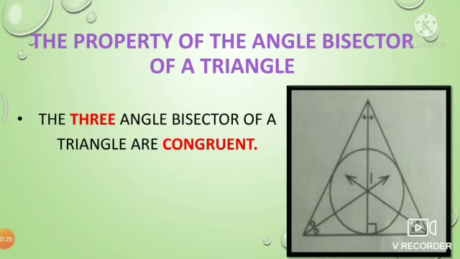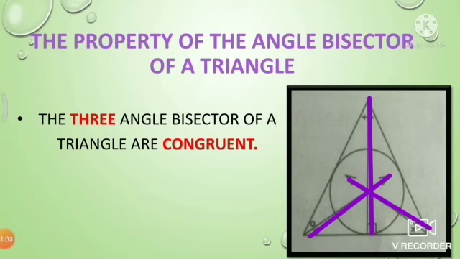Now we have seen the construction of an angle bisector. There we have taken an angle and drawn an angle bisector. In the same way, you have to draw an angle bisector in your triangle. In a triangle three angles are there. You have to take each and every angle and construct an angle bisector. After doing so, you will get the three bisectors, and in this figure you can see that all the three bisectors are intersecting at a single point.